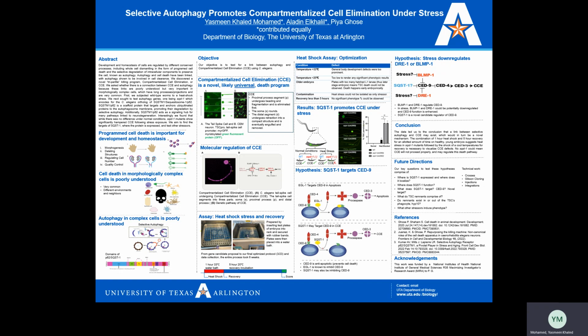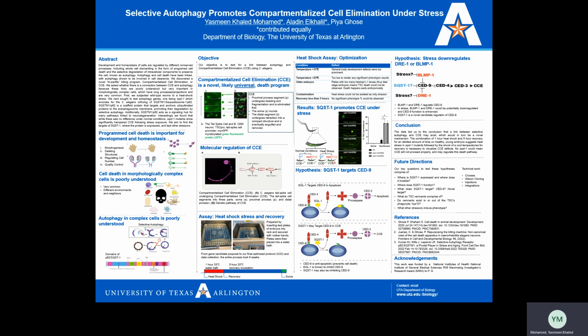Over a period of 6 weeks, we used a water bath set to 33 degrees Celsius and shocked NGM plates of young, healthy embryos for 1 hour and followed that by a 5-hour recovery period in the 20 degrees Celsius incubator. We then scored the GFP tagged animals using an upright microscope, looking for any remnants of the tail spike cell that failed to die normally.